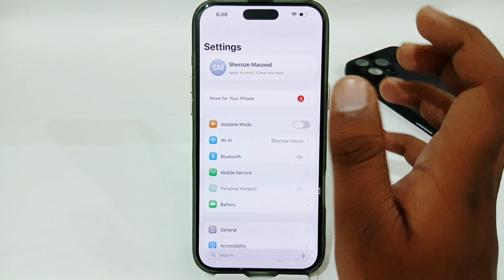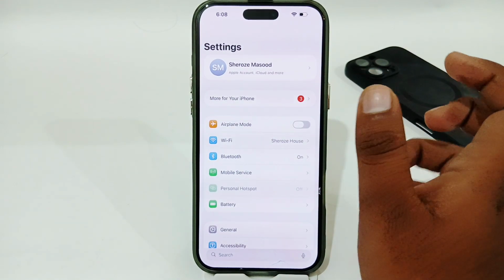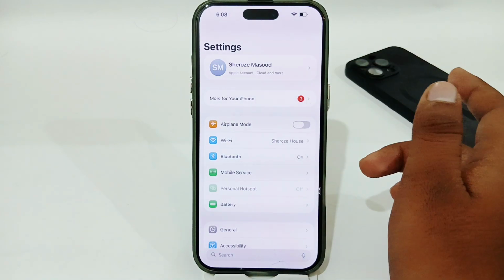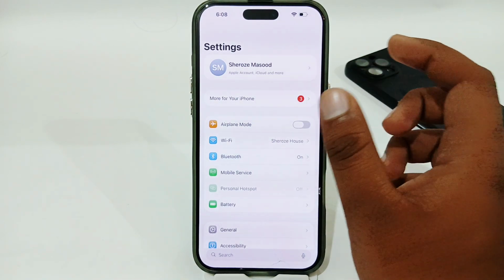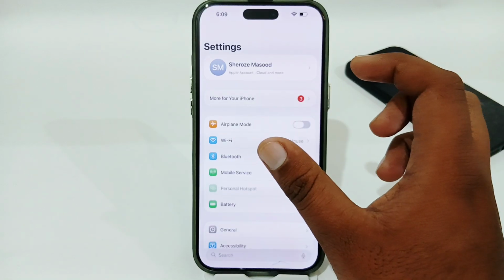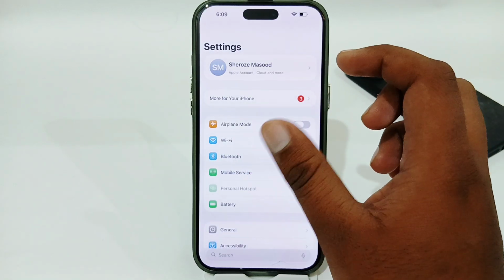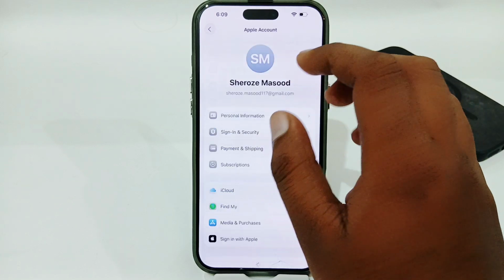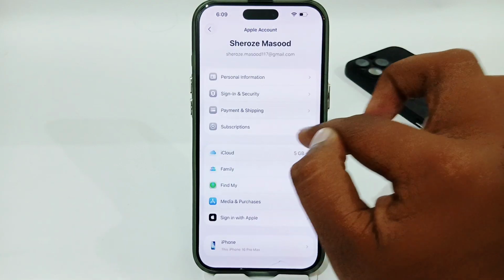and then you have to make sure that you are not subscribed to any Apple services like Apple Music or Apple TV. So you have to unsubscribe if you are subscribed to any. Just tap on your Apple ID here, and here you just have to look for the option of Subscriptions. Select that,